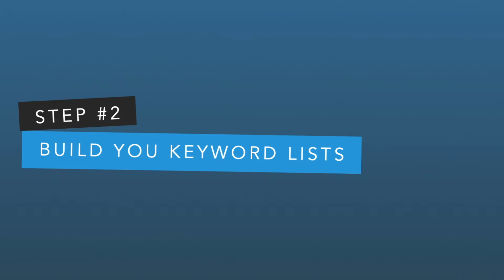Step number 2. Use the traffic and difficulty data to build your keyword list. Now you have your list of keywords, you can filter them to target the most optimum ones for you and find the sweet spot. Ideally, you want to start with the keywords with high volume or popularity in case you're using paid advertising in addition to organic. You can obtain additional information from either Google Play Console or Apple Search Ads.